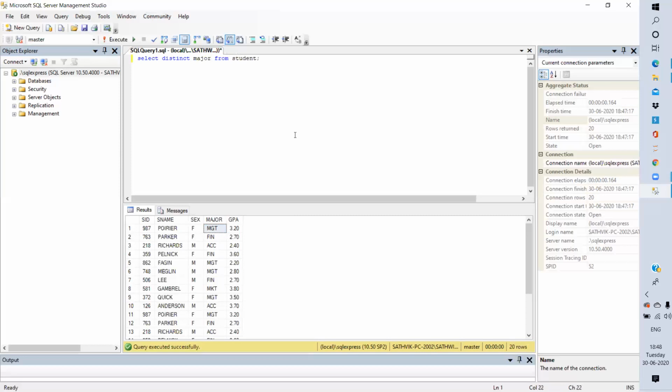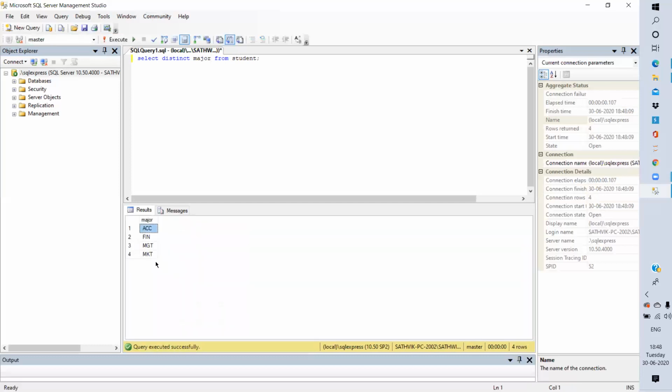Here we need to include the column name from the students table. See, if you use the distinct command, it deletes the data which are duplicates and displays it only once.